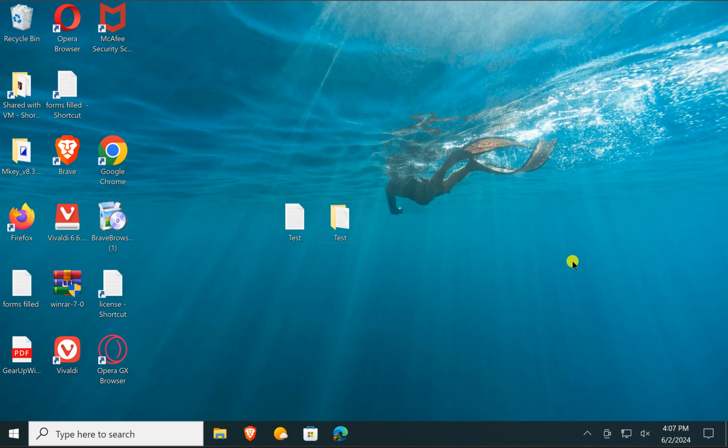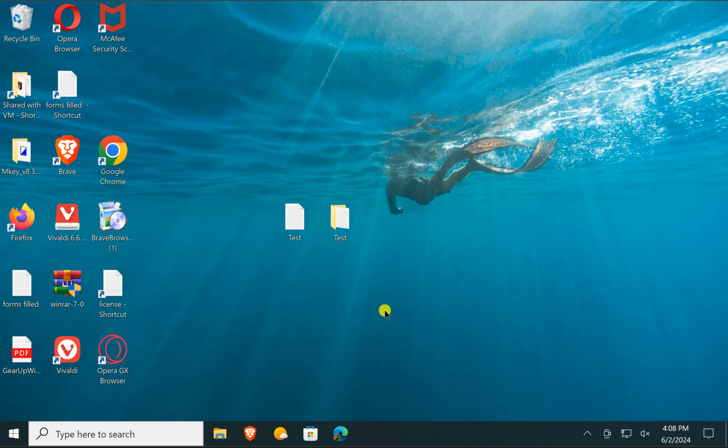In this video, we will guide you on how to zip or unzip files or folders on a Windows 10 PC. Windows 10 supports zip files, which are known as compressed folders on Windows 10. You can zip or unzip any file on a Windows 10 PC without any third-party software.